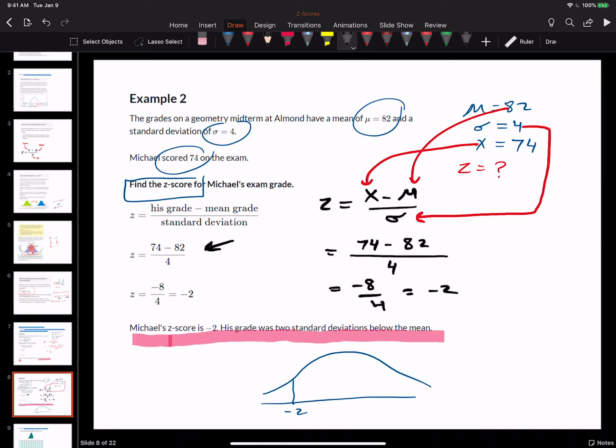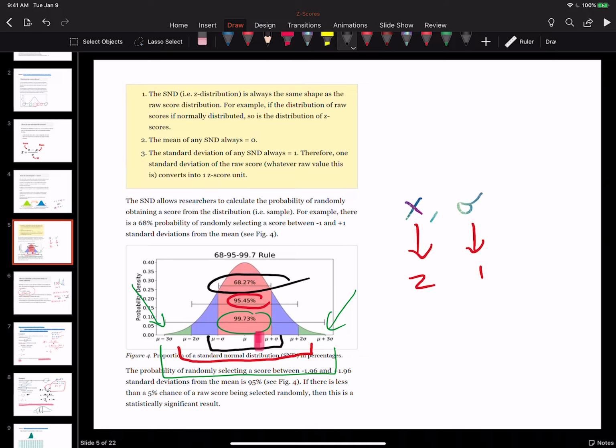If you look at the graph, this is z equals 0, this is z equals negative 1, and he is located down at negative 2. So if you look at it differently, at negative 2 to positive 2, we are controlling